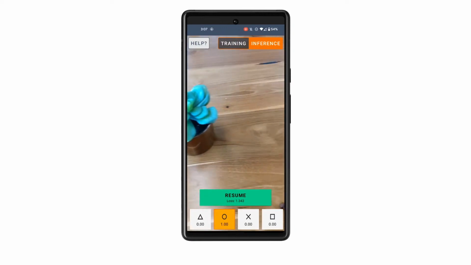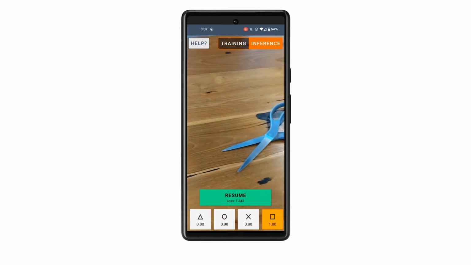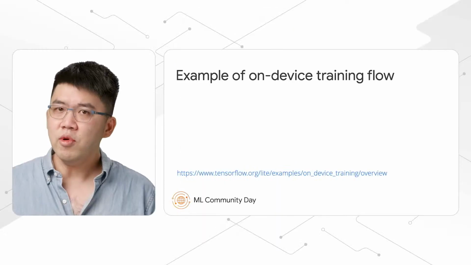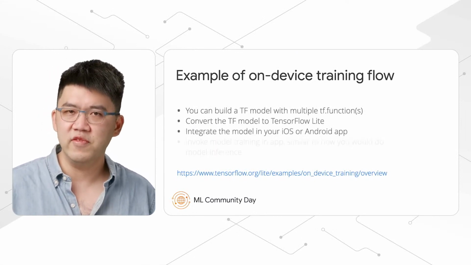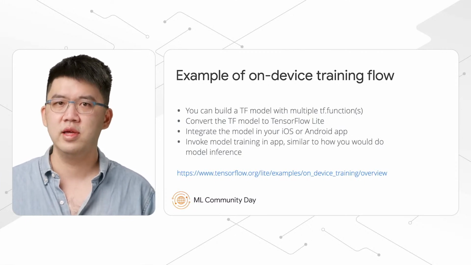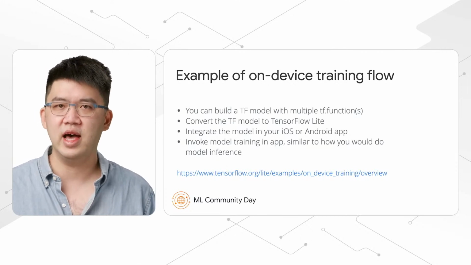Plant is the second class. Water bottle is the third class. And scissors is the fourth class. The demo app we built is pretty simple, but you can use your creativity to build other cool apps using the on-device training feature. The demo app and its source code can be found on the TensorFlow Lite on-device training